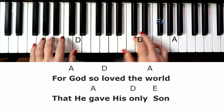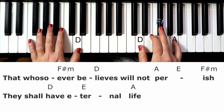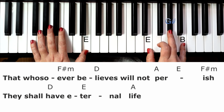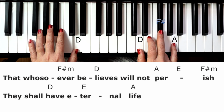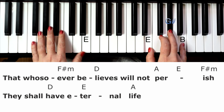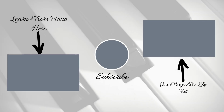For God so loved the world that He gave His only Son, that whosoever believes will not perish, they shall have eternal life. That whosoever believes will not perish, they shall have eternal life. For God so loved the world that He gave His only Son, that whosoever believes